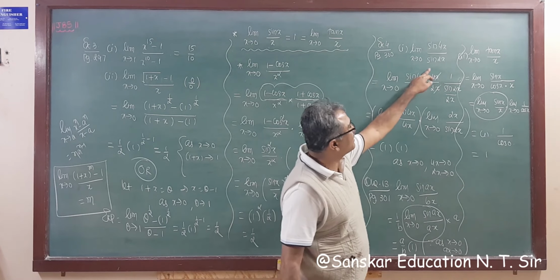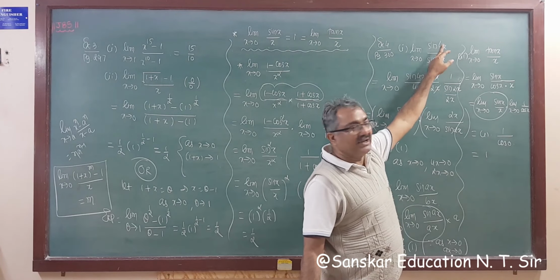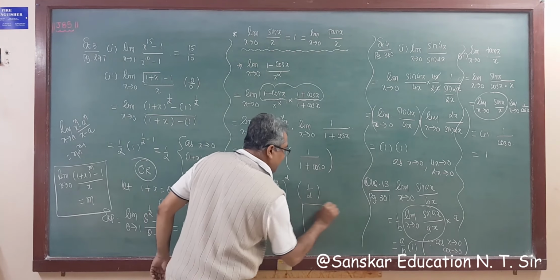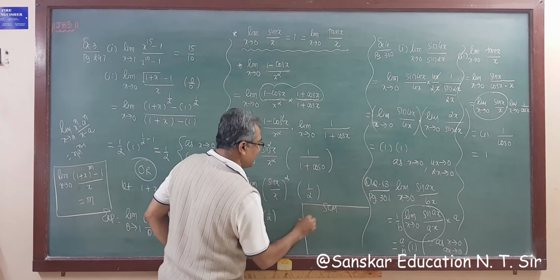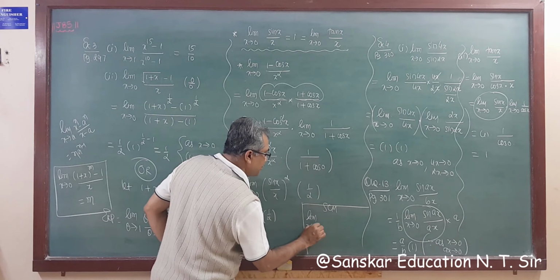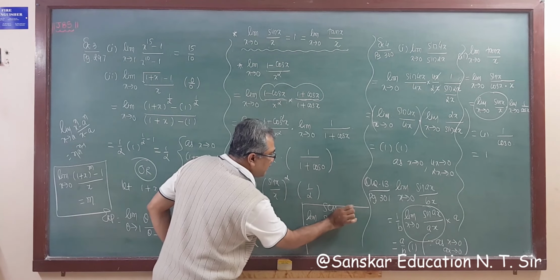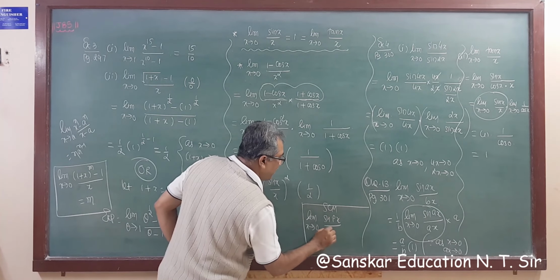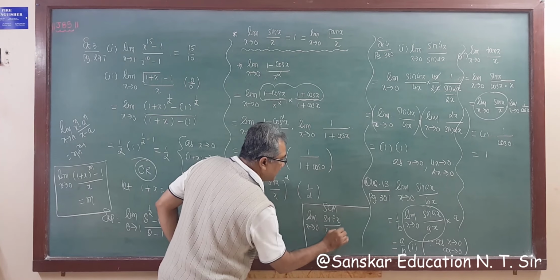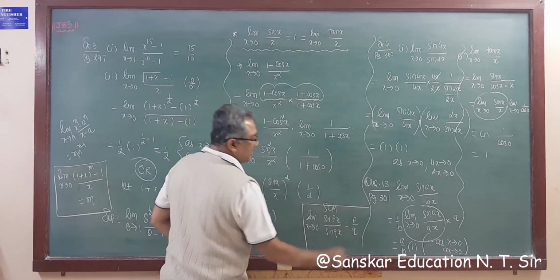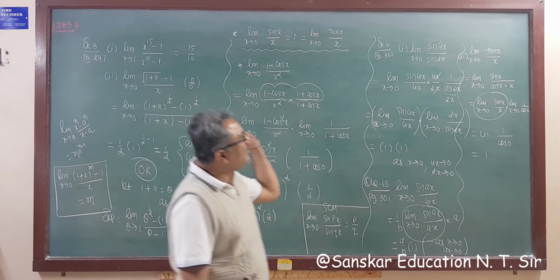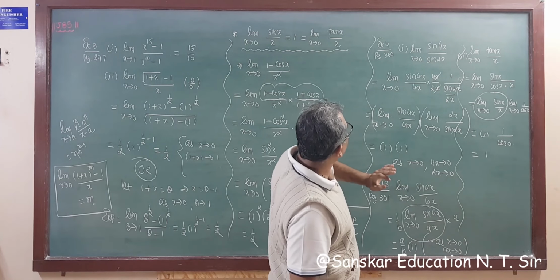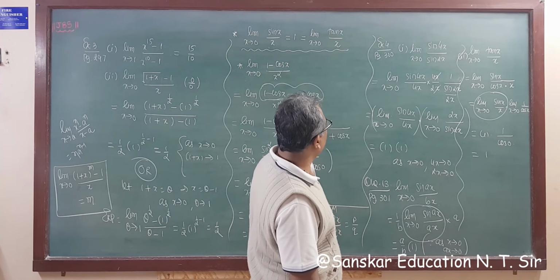And for the same type of question, right? If it is given sine 4x upon sine twice x, I am giving you another shortcut method for this type of question. Limit x tends to 0 is given, and sine mx, either px, so you can get easily, upon sine qx, then the answer is always p upon q. See now here, the answer is 4 upon 2, that is 2.